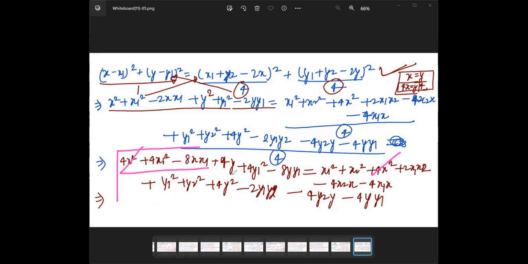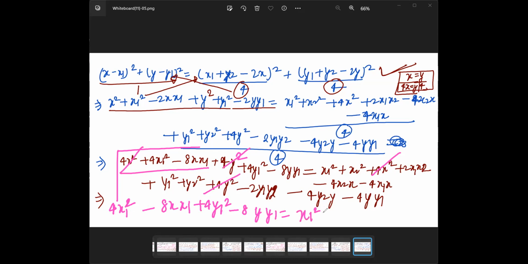So this is the three terms. This is also three terms. So it is square, right? So it will also get cancelled with this part. Remaining is 4x1 square minus 8xx1 plus y1 square minus 8y1